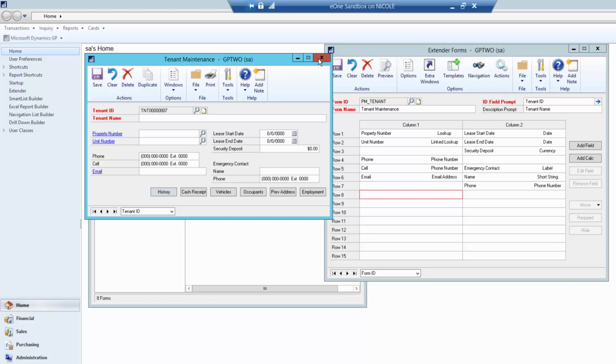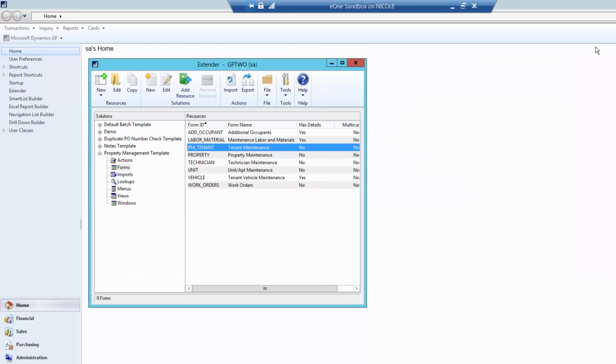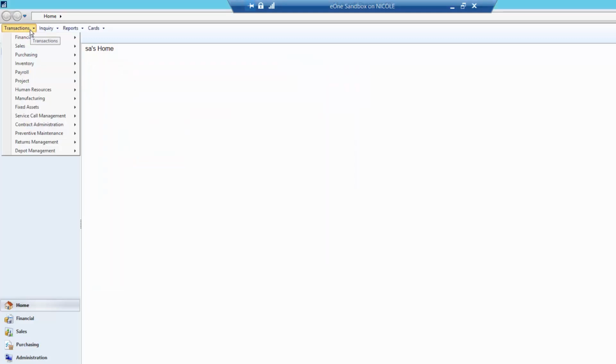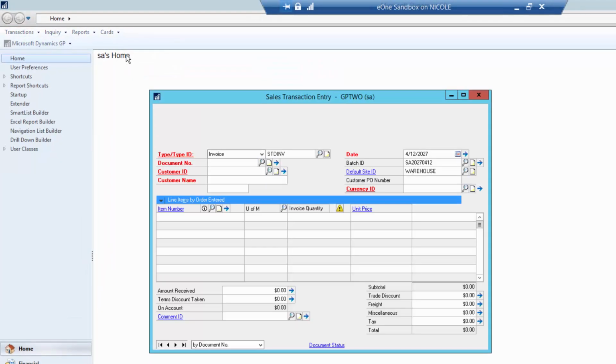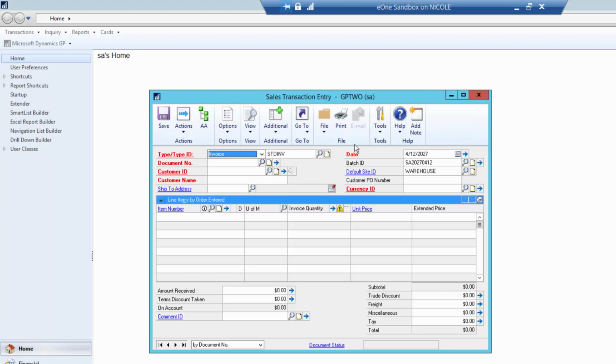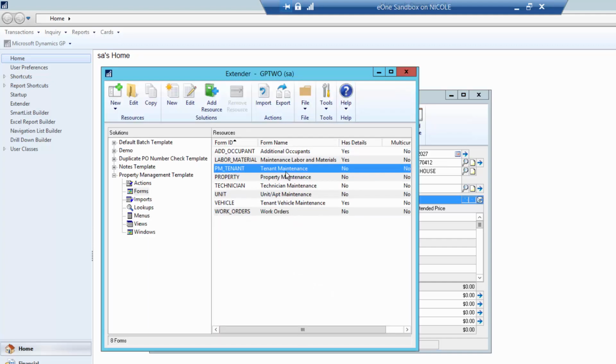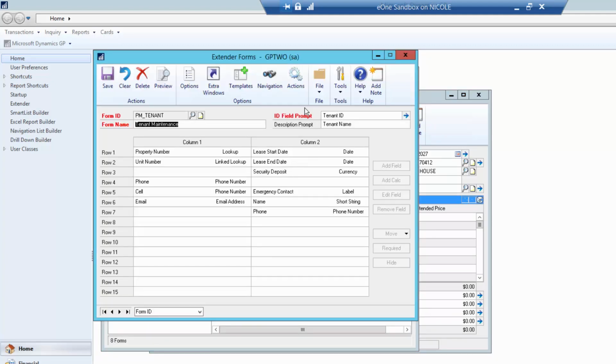Some other things we can do with Extender Enterprise is if I go to the sales transaction entry, you're going to notice that the batch ID is automatically populating. Well, Extender Enterprise opens up a whole new world in GP so that not only can I just add some additional things to my windows, but I can open it up and write code on my windows if I want to. So if we go back to our tenant maintenance and go to actions,